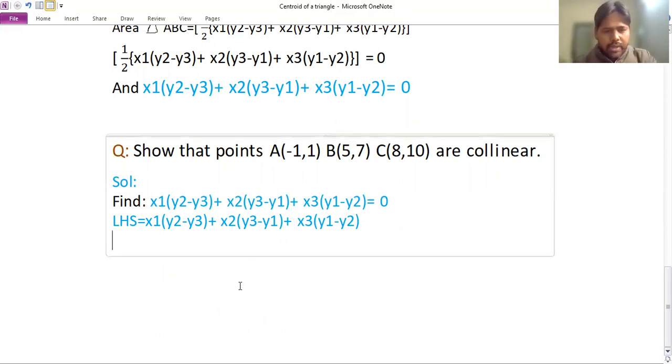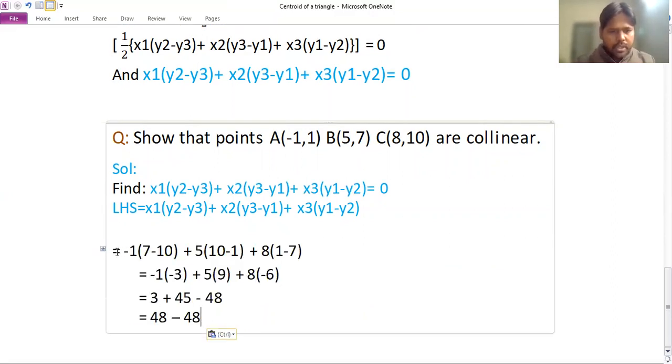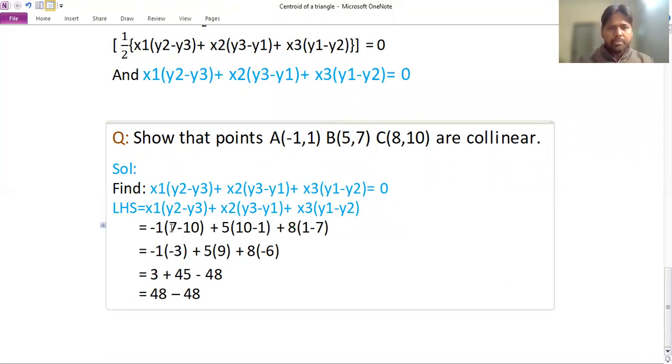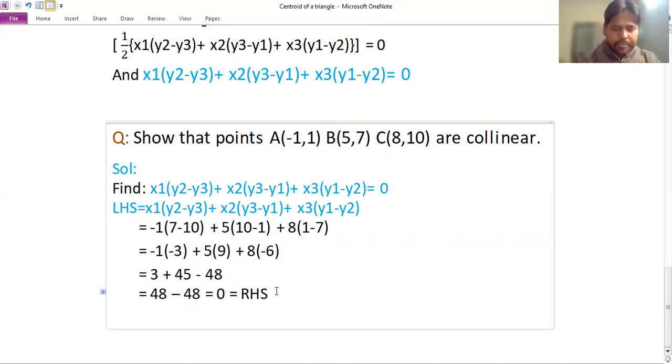That means it will finally lead us to this particular equation, that is 48 minus 48, which is equal to 0, and this 0, as we can see, belongs to the right hand side. So here we have reached our objective, that is 0 equated to a value on the right hand side. So here finally we can conclude that